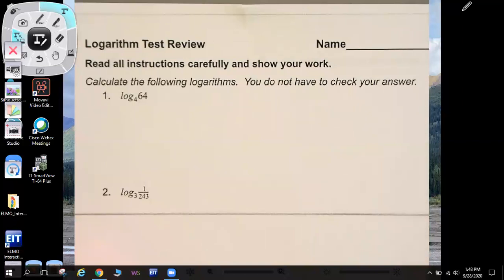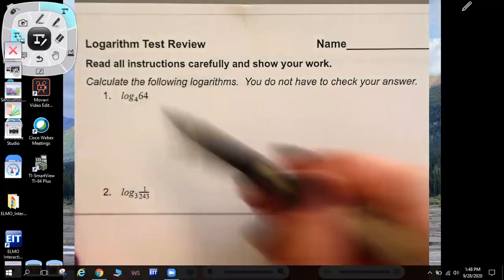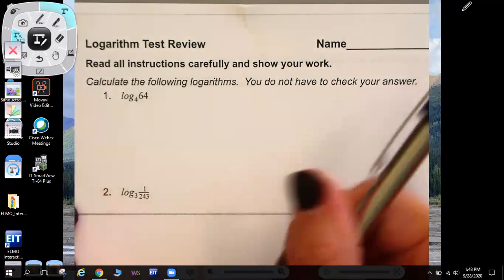Okay. On this first page, it says calculate the following logarithms. You don't have to check your answer. All we're doing is calculating the value of each logarithm. On number one,